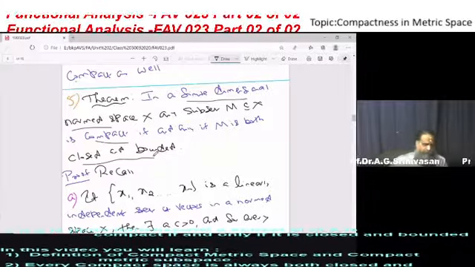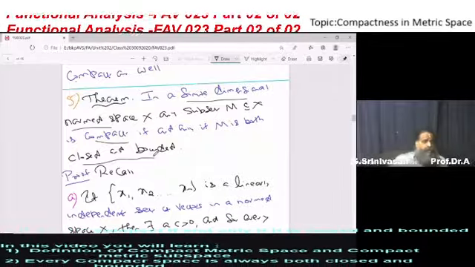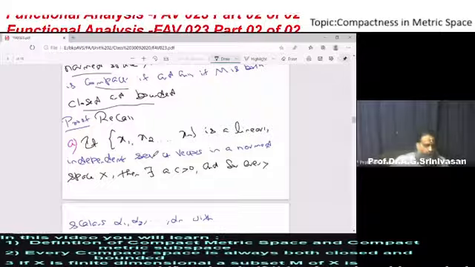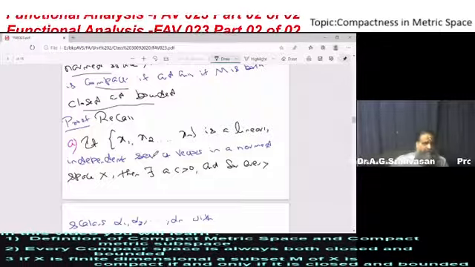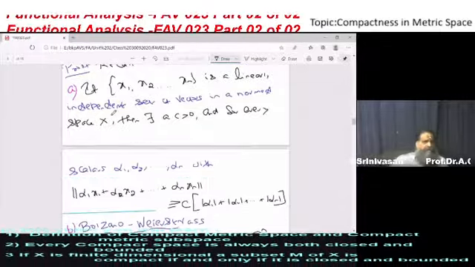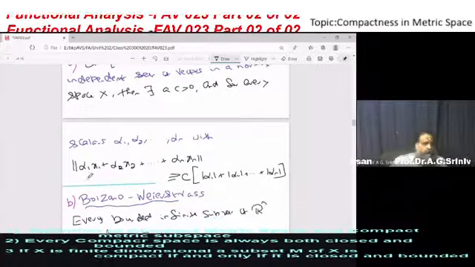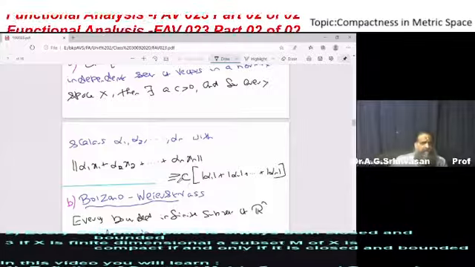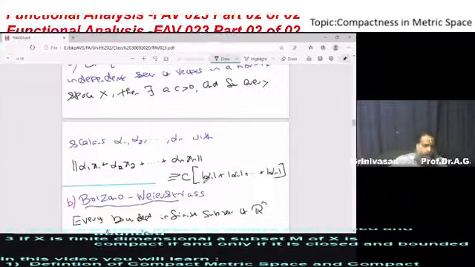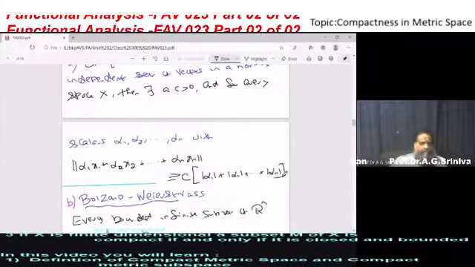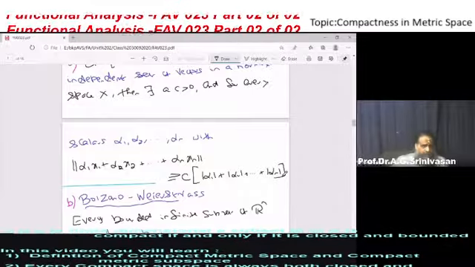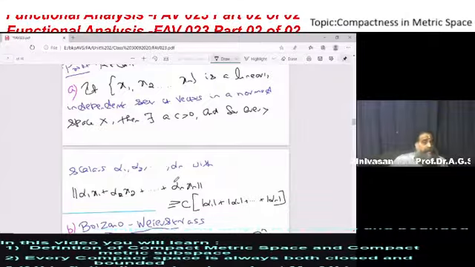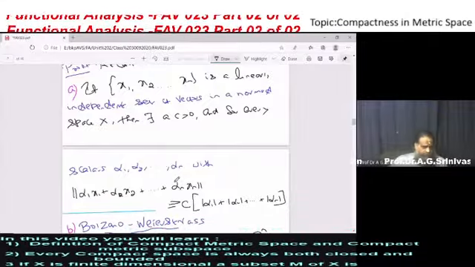It's very easy. For this, we are going to use a result we proved in the last video, I think FAV 022. If x1 to xn are a linearly independent set of vectors, then the norm of alpha 1 x1 plus alpha 2 x2 etc. plus alpha n xn is greater than or equal to c times modulus of alpha 1 plus modulus of alpha 2 etc. plus modulus of alpha n. We proved this property of linear combinations in the last video. It is a very important property. We use it many times in proving this.